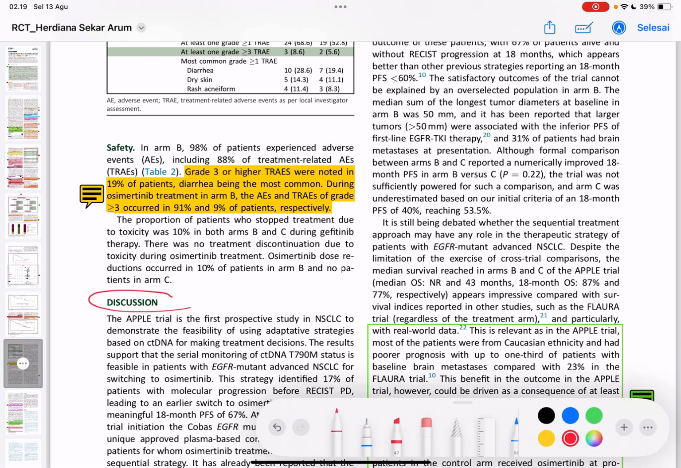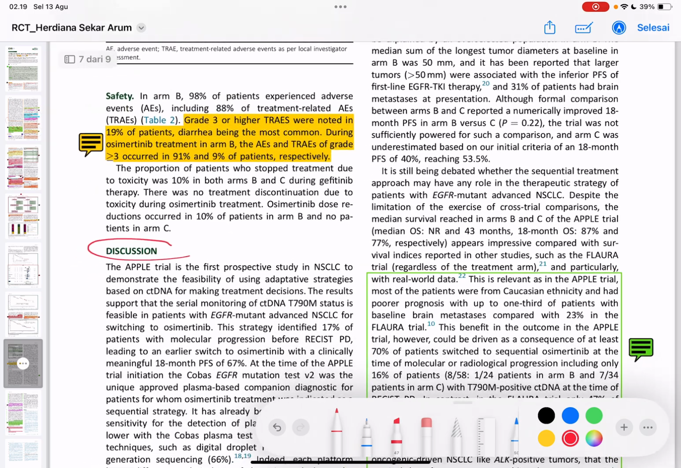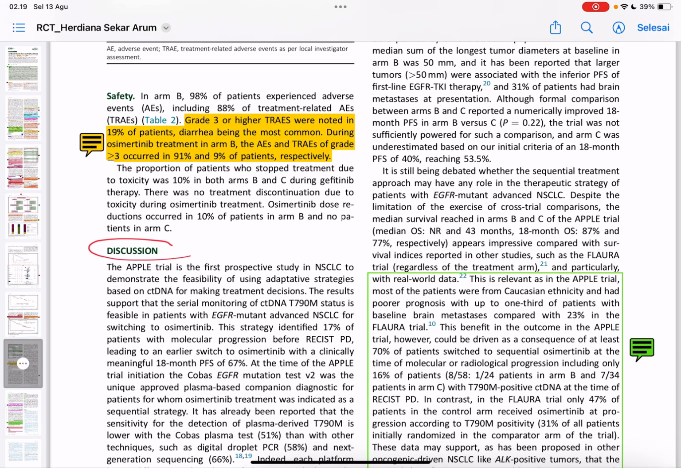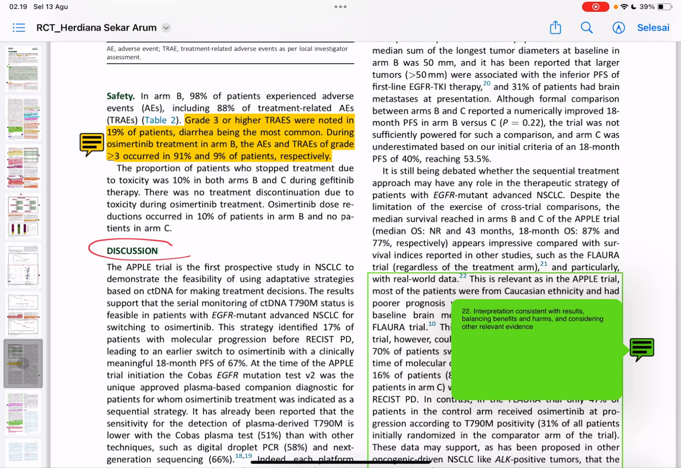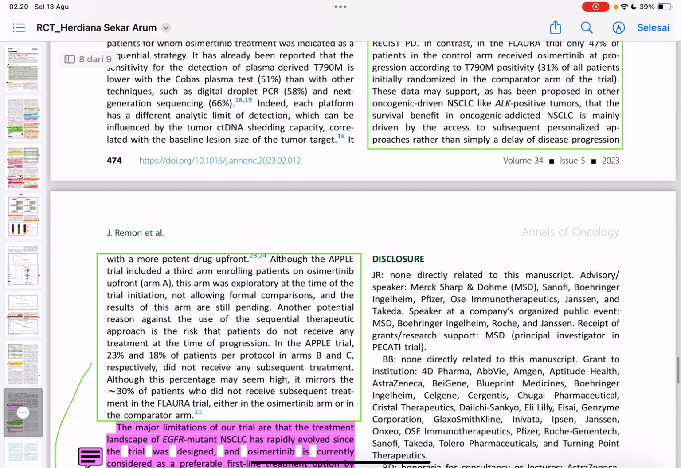Next, in the discussion. In this discussion, there are limitations, generalizability, and interpretation. Interpretation is consistent with results, balancing benefits and harms, and considering other relevant evidence. Next,